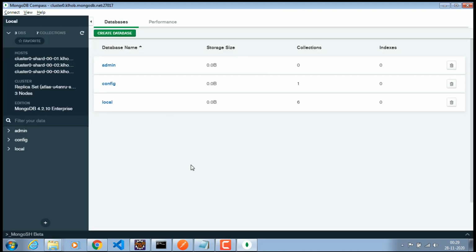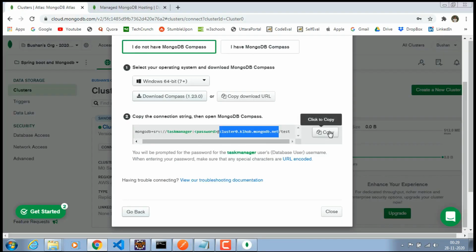Alright, now we have connected to this database. Right now there are no databases, so we have to create a database, and a collection inside this database. But what I'll do is take this SRV URL. Make sure to copy this, and let's go to our